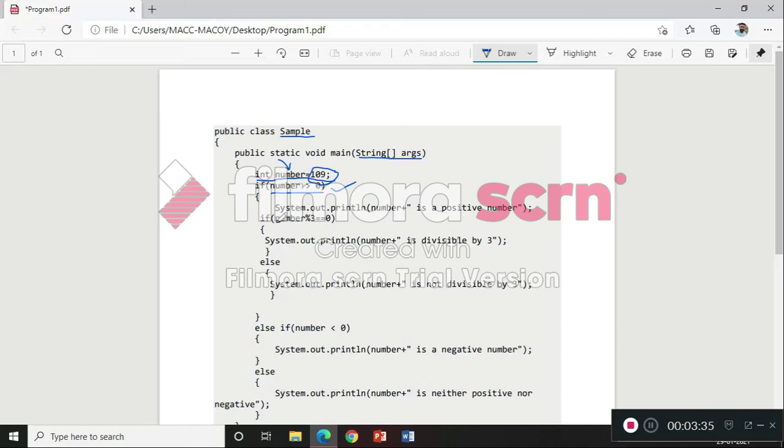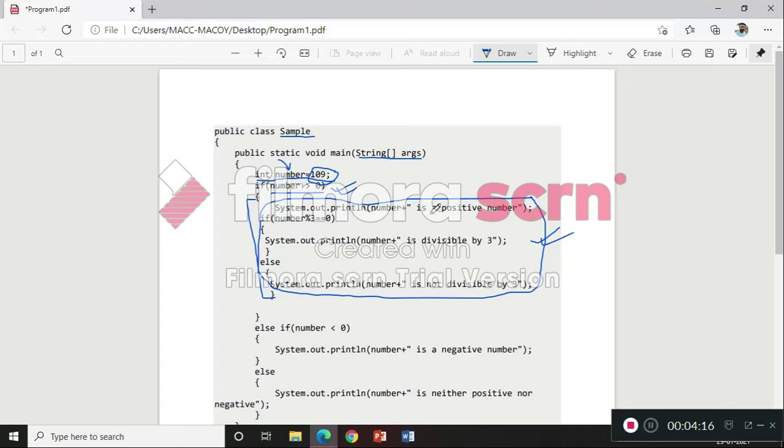System dot, which will execute. See, this is the boundary limit of if. This whole thing will execute. Whatever comes inside the boundary limit of if, this whole part will execute if the number is greater than 0. That means if the value stored in the variable number comes to be greater than 0, then this whole part will execute. Now let's check out what is inside it.